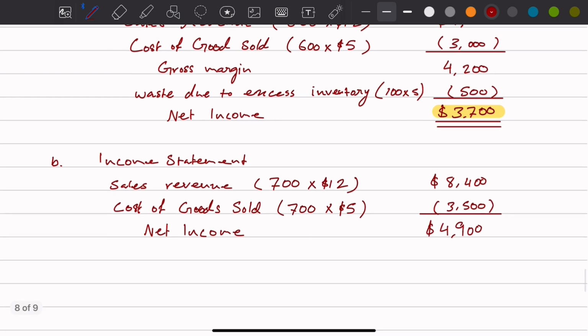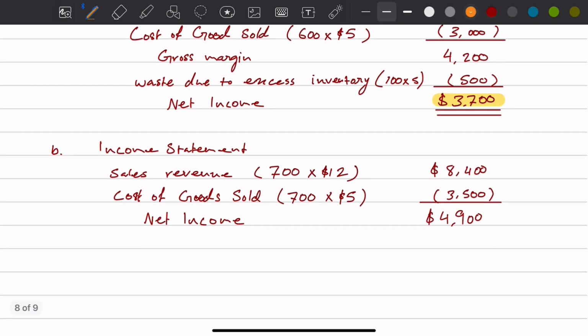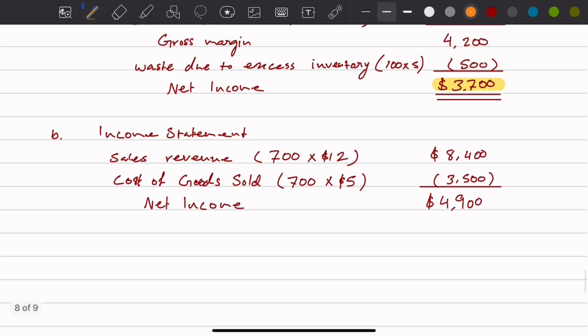So that's the first part of the requirements. We still need to figure out the opportunity cost, so we'll write it down here. The opportunity cost of lost profits is going to equal